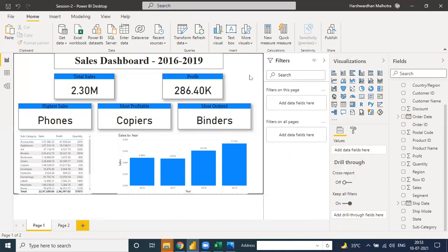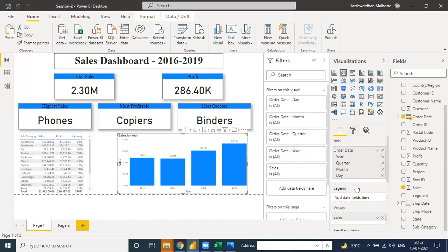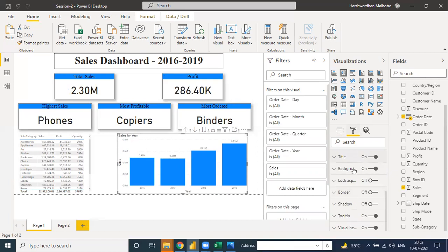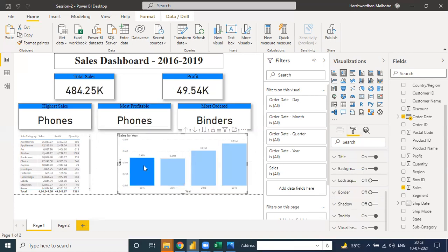Any question now? This kind of visualization is helpful to simple chart because you need to make a PPT on the basis of this. On the basis of these chart, on the basis of sales, you need to make a PPT because when you click on the 2016, it will show that total number of sales in 2016 is the total number of profit here. Most highest sales by category is phone, most highest profitable is phones, and most order is binder. Okay, and as well as you can search on the quarter also.